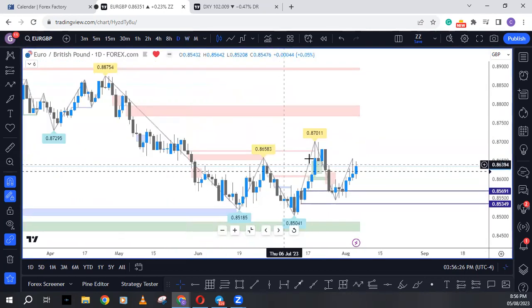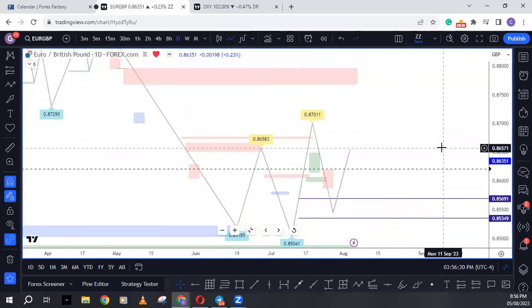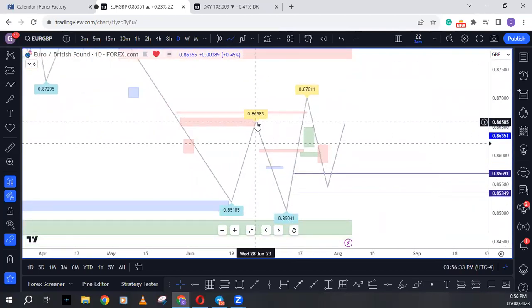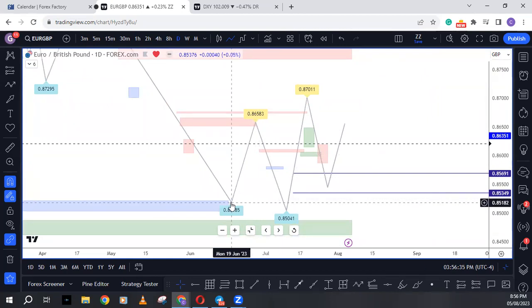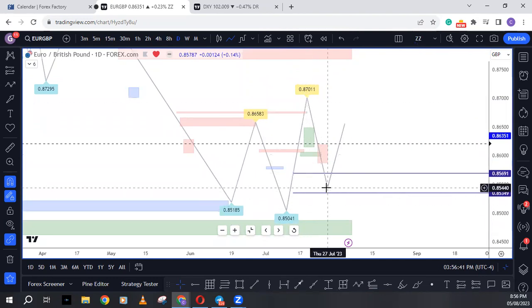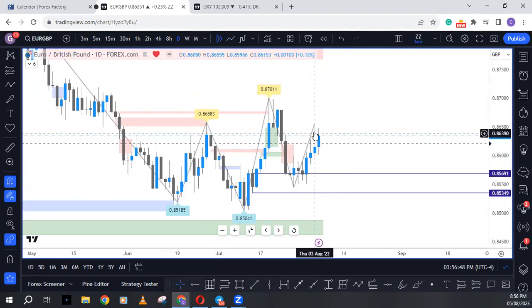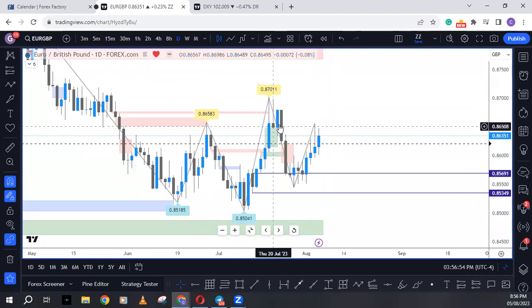If we go to the daily time frame, just like I pointed out last week, there's already a bullish change of character here. And see this low to this high, there's a bullish breaker. Then price has made a new high and we have a higher low here. But the candles are not looking very interesting. The candles are having wicks. They are not holding the close near their high. Then we have this daily bearish fair value gap,